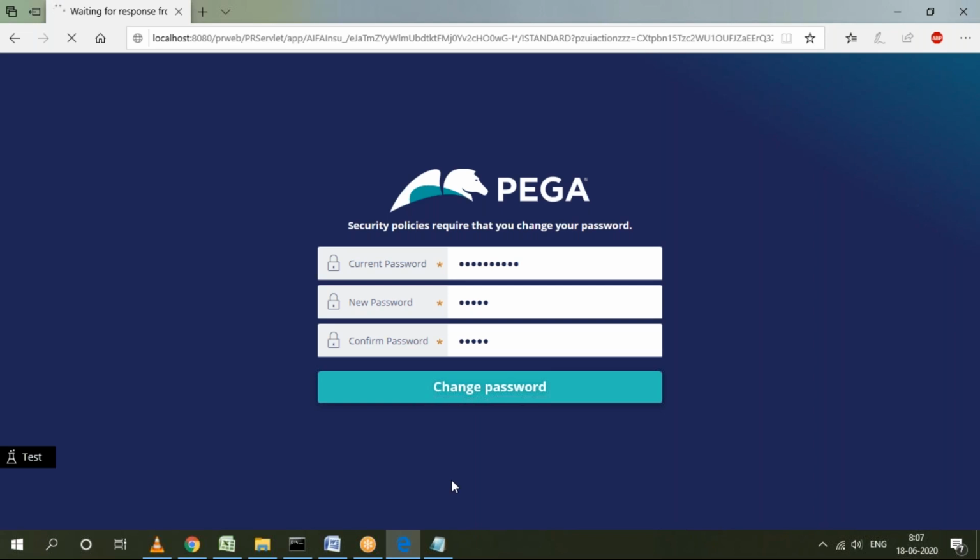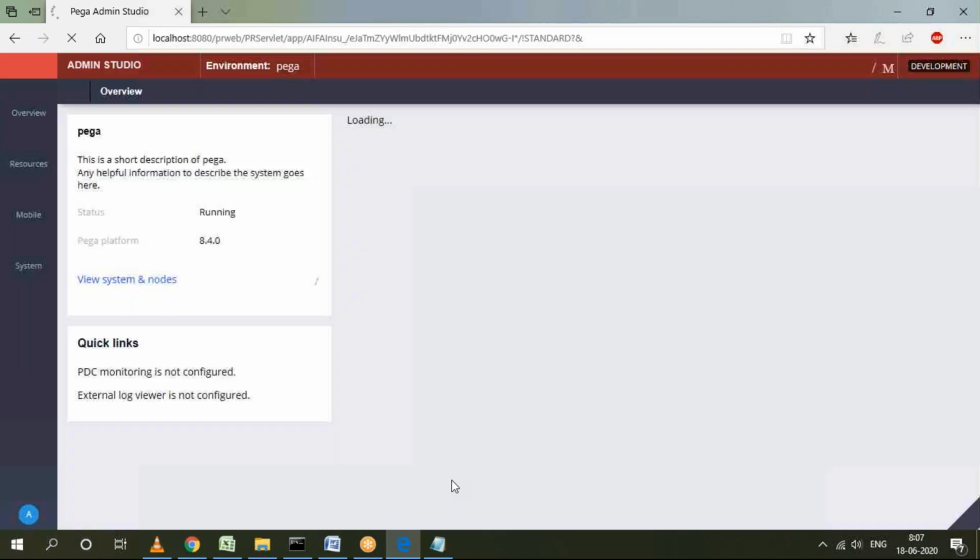Default framework is there already, and under that we defined this framework application. Now under this we can create an implementation application. But wait, it will load. Initially it will display Admin Studio. Admin Studio I will discuss later. Nothing much options will be there, but in the coming classes I'll discuss Admin Studio.